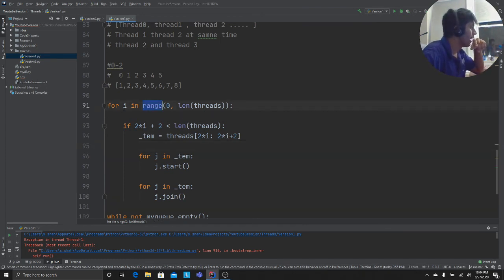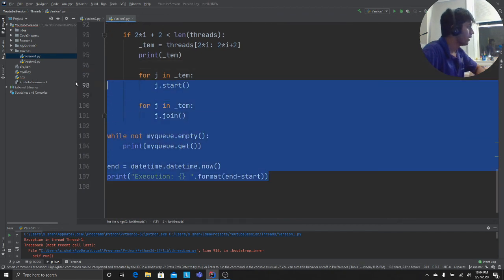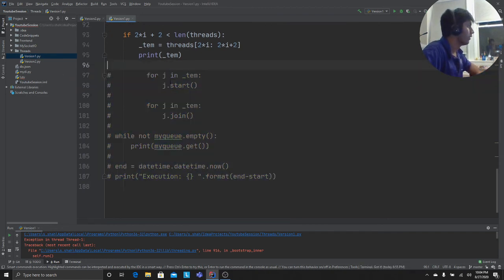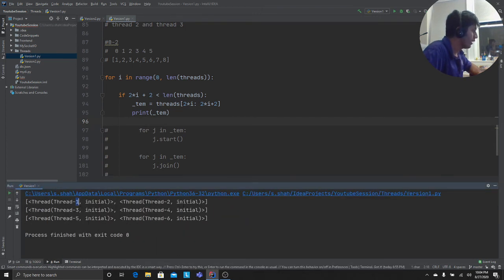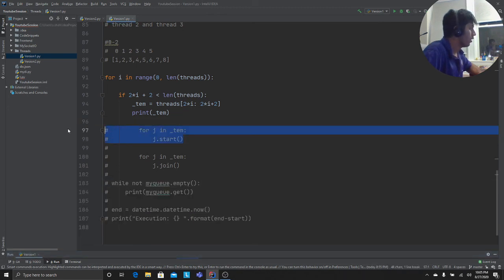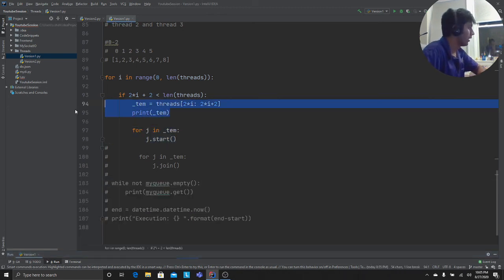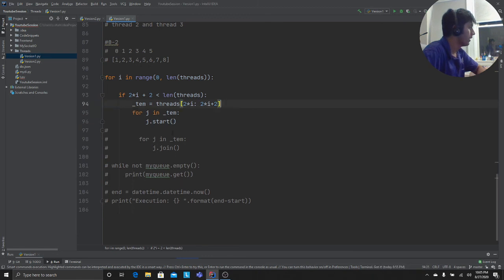So I can just take it from there. Let me see. For i in range, length of threads, so this is going to print basically all the lengths of threads, and then we say if it is less than the length, okay, I can actually do this. Hold on. Let's try to fix the error instead of just running away from the errors, which is not going to help us anyway. So I want to debug it and see where exactly I'm going wrong. Okay, so thread 1, thread 2, thread 3, thread 4, 5 and 6 makes sense. Now we launch the threads, so this should not give me any errors as well.